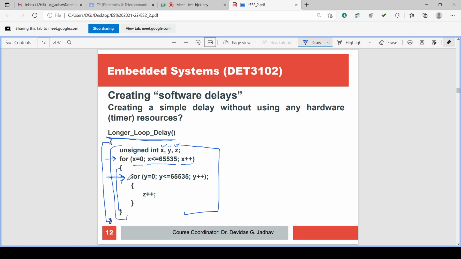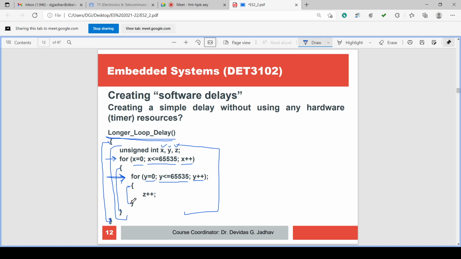Within the first for loop the second for loop is written, and this for loop has the variable declaration y equal to 0, semicolon, condition checking y less than or equal to 65535, semicolon, and increment y. This is the curly brace for the second for loop, opening and closing.